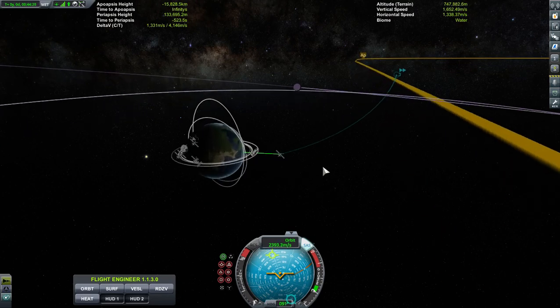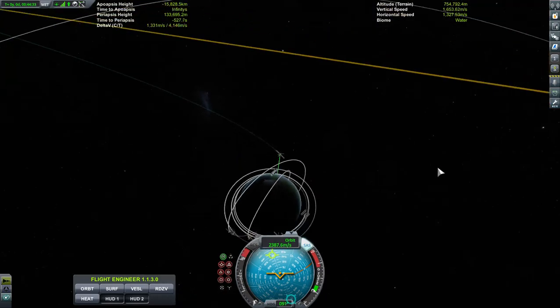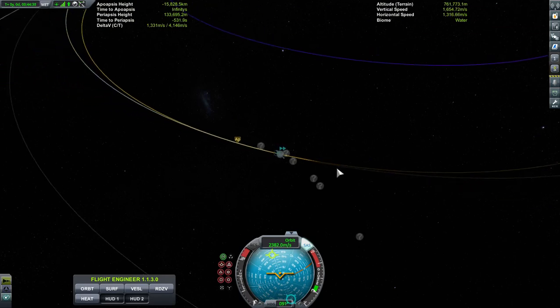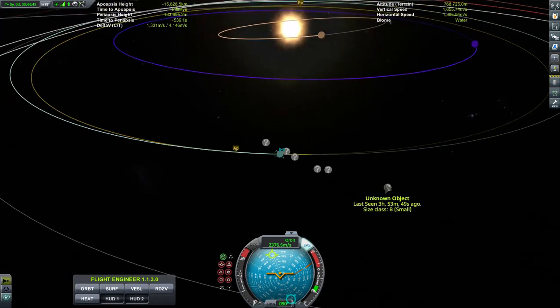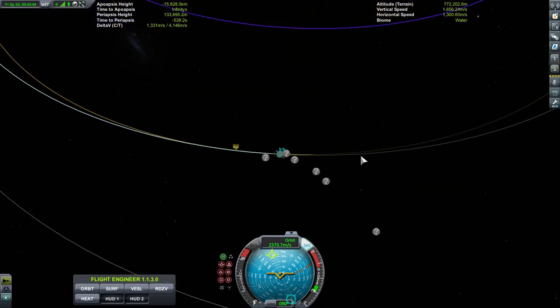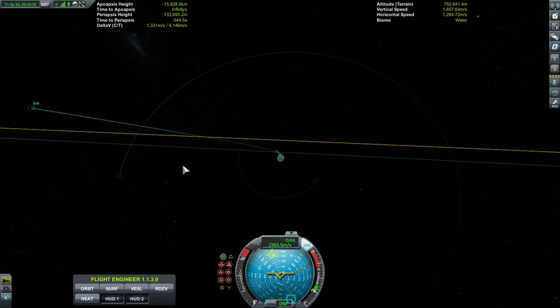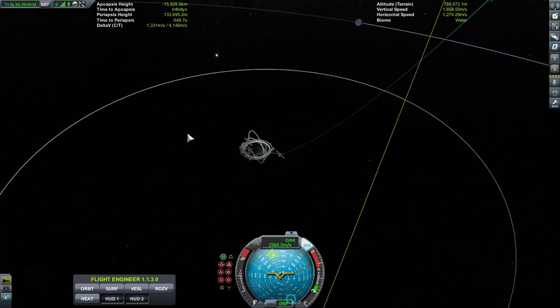So right here we are, just flying off the back of Kerbin. Kerbin is rotating towards this direction around the Sun. It's going this way, and we will soon be on that orange trajectory there. We're escaping Kerbin in 4 days. What we're going to do is go ahead and speed up time here, and we'll fly out,